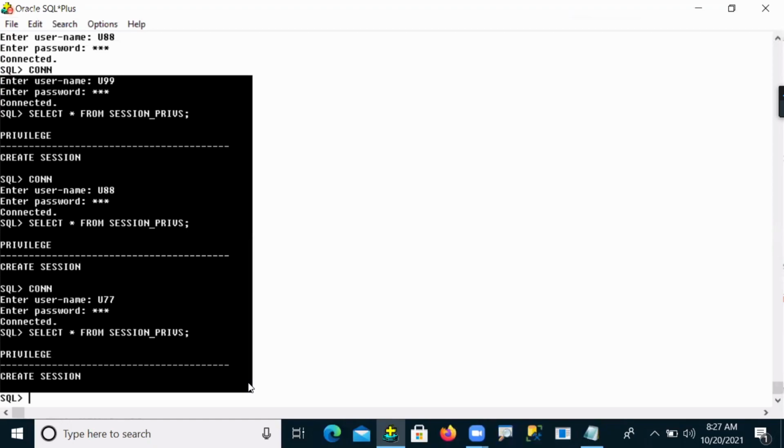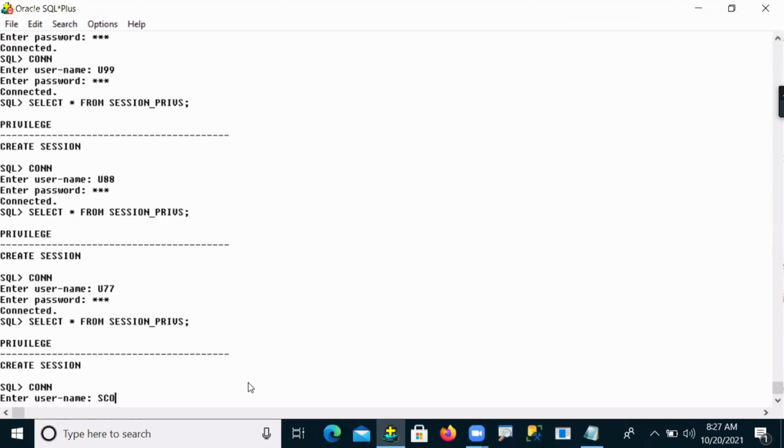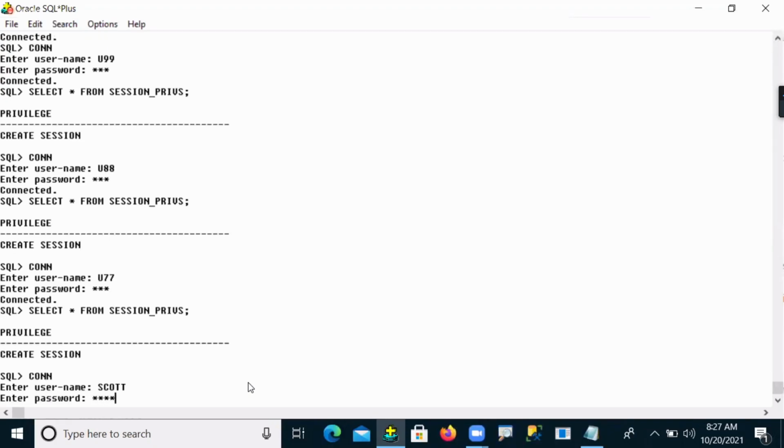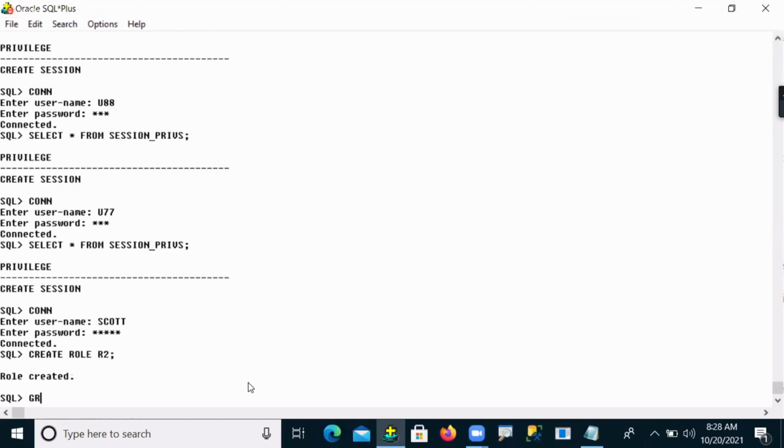Okay, now for example, connect as our administrator Scott. Now he will create one more role, create role R2 suppose. Now he is assigning: grant create synonym, and next, create view. So now we have multiple privileges I'm passing.